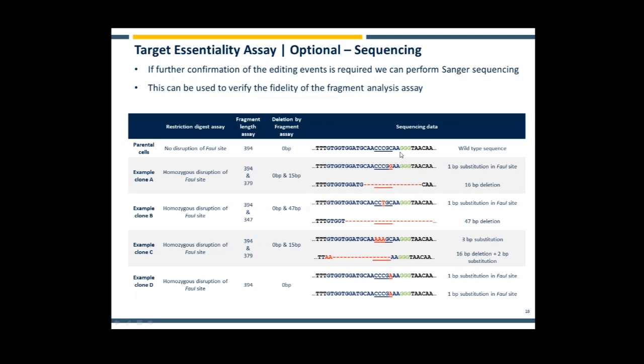As we can see in clones A and C, which is this one here and this one here, the fragment size was rounded down, but after sequencing, we see that it should have been rounded up. So the fragment analysis assay picked up a 15 base pair, and when we did the sequencing, we actually saw a 16 base pair deletion. However, with clone B, we can see that the fragment analysis data picked up a 47 base pair deletion, which we could also see